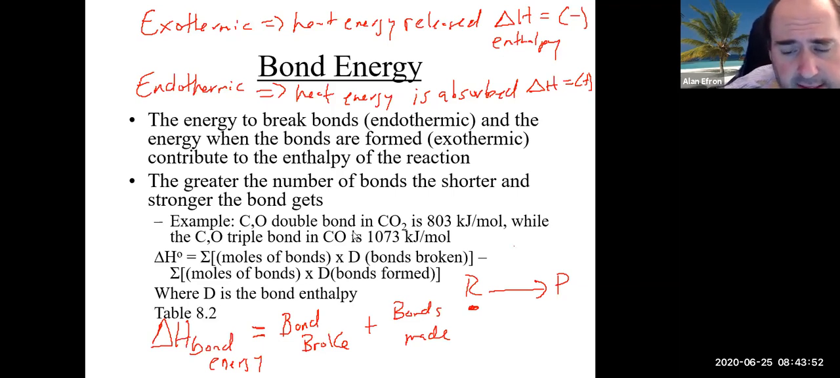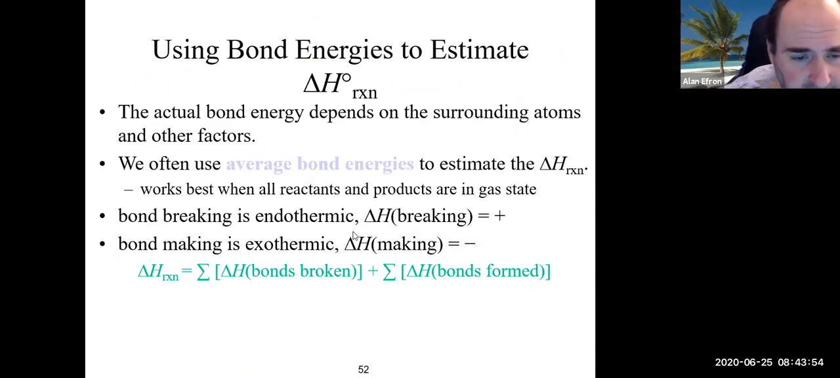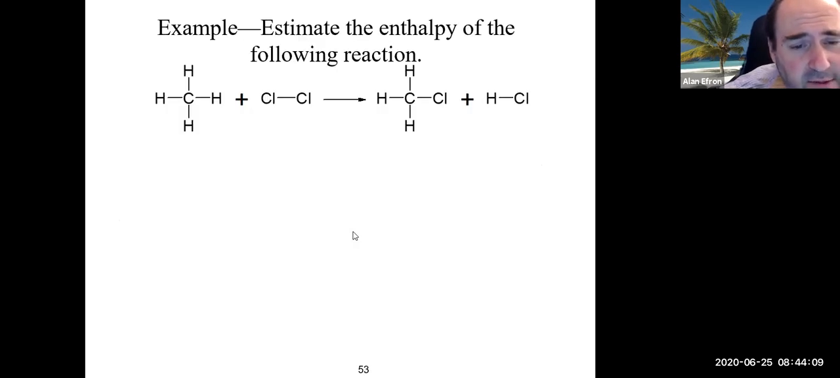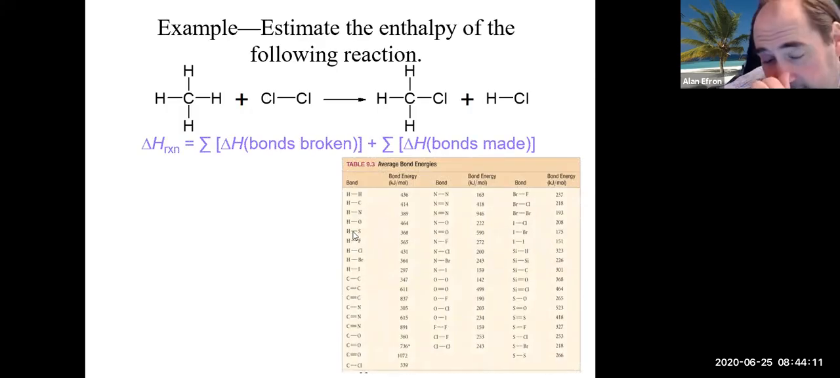So let's take a look. I think we might have an example. That's basically what I just said there. You add everything together. It's really about accounting. You just want to make sure you get all the bonds and don't miss any. Sometimes it's good to draw the Lewis structure if you're not sure what something looks like. So for example here,